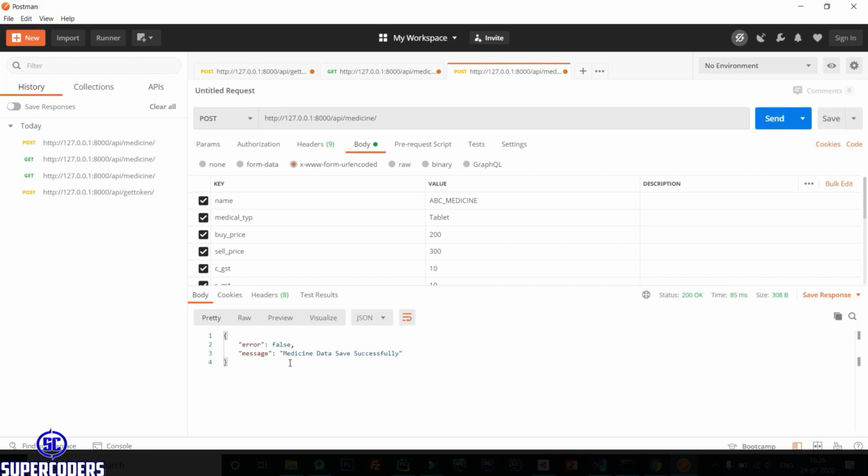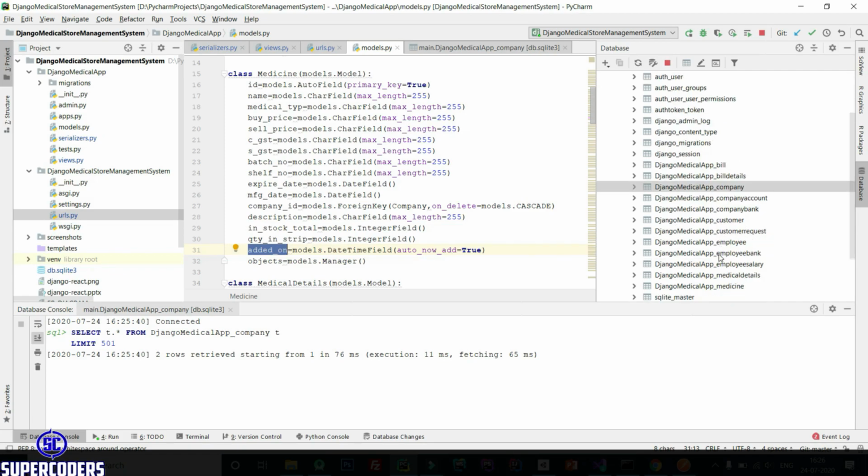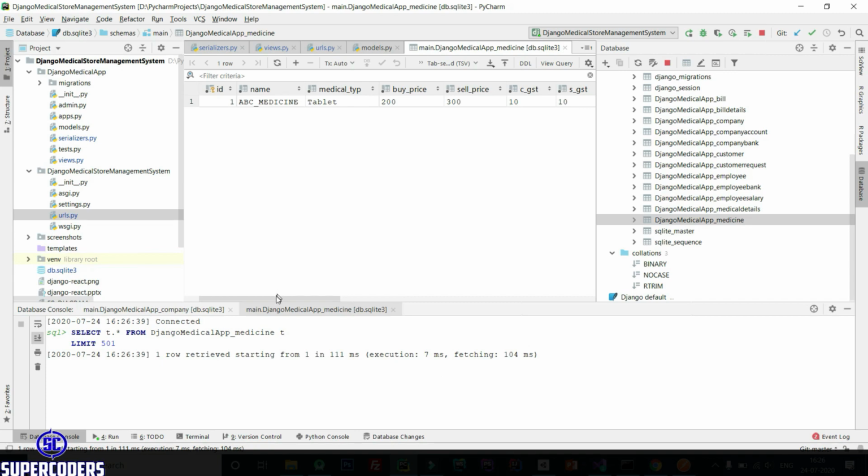And so you can see error false and message medicine data saved successfully. Now let's see in our database whether it really saved or not. So open medicine, and here you can see our data has been saved.